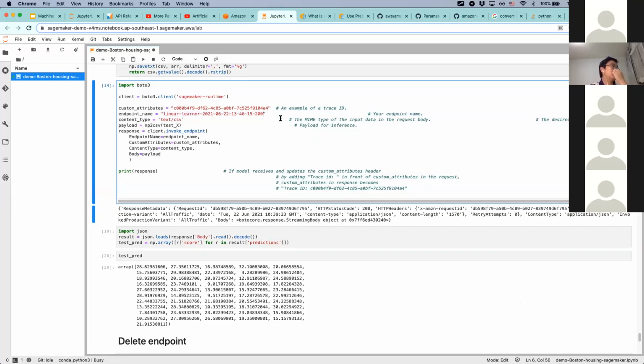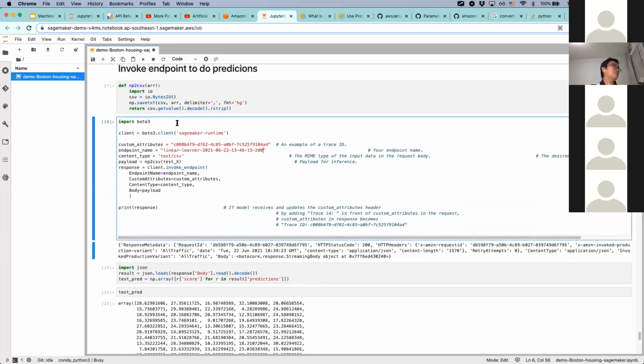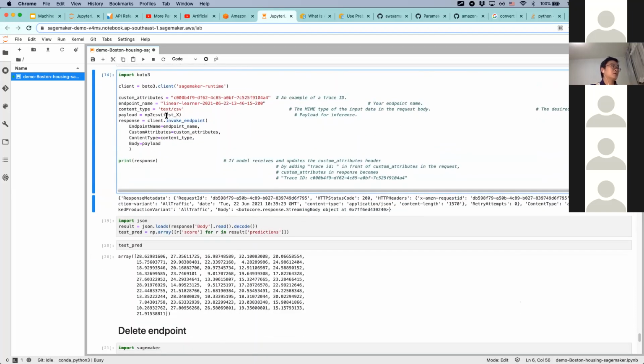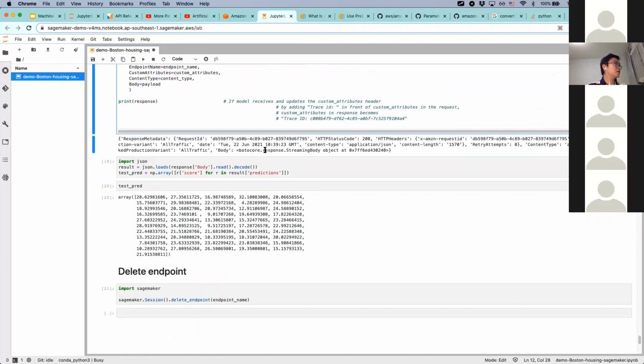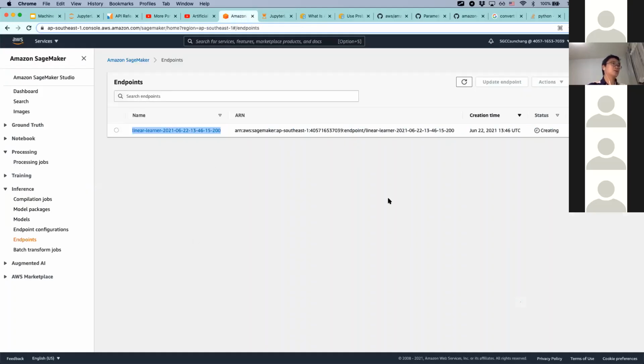So this is your endpoint name, and content type, payload. The payload is going to be the transformed data from test X. Let's see, the deployment is still ongoing. Okay, when the deployment is completed, the status is going to be changed. So up until now,